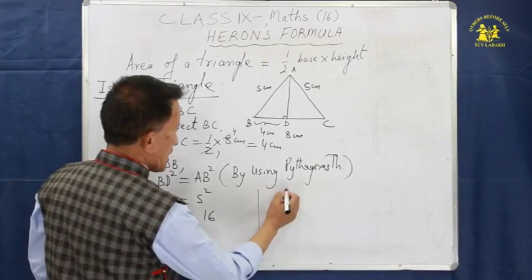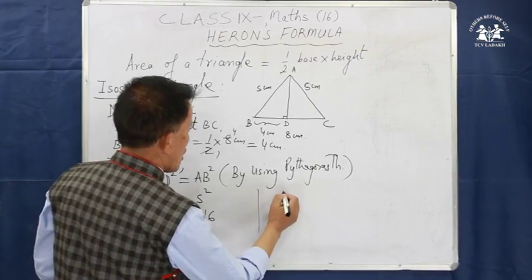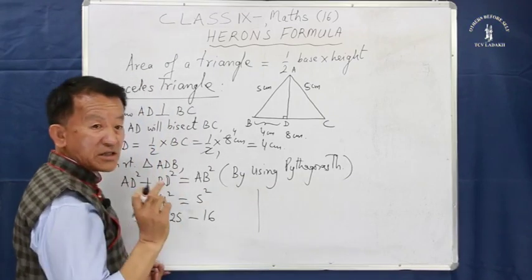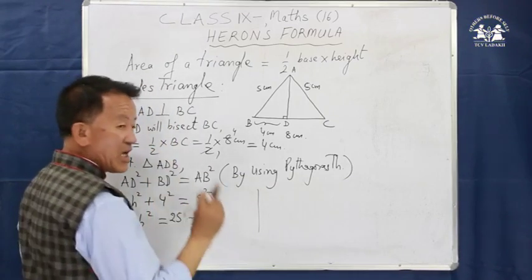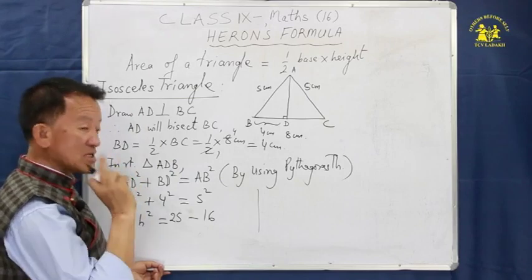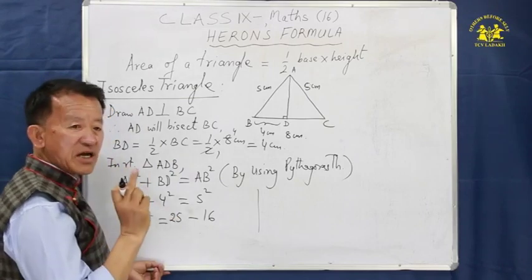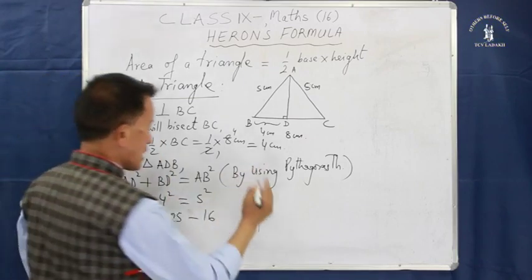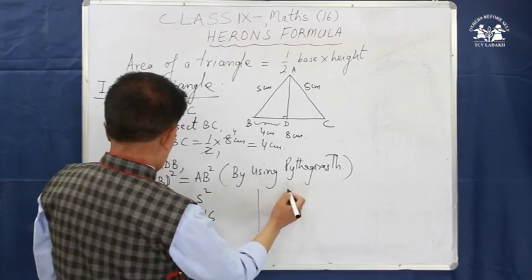If in a right triangle the difference between two sides, the longest and one of the shorter sides, is 1, then we can easily find the other side. That is, for example, in this case, it's